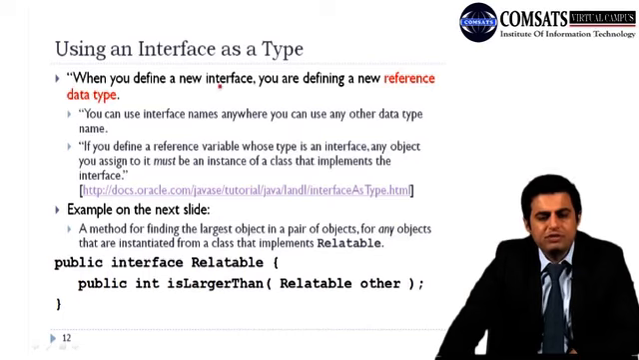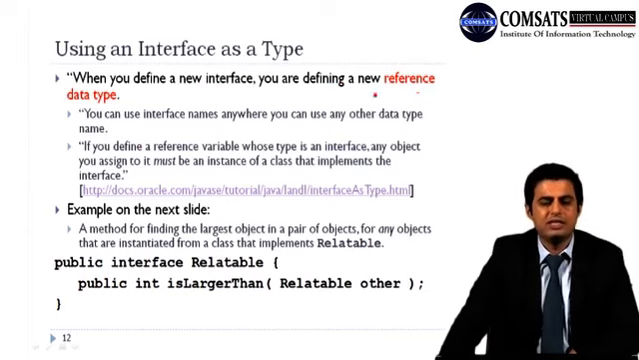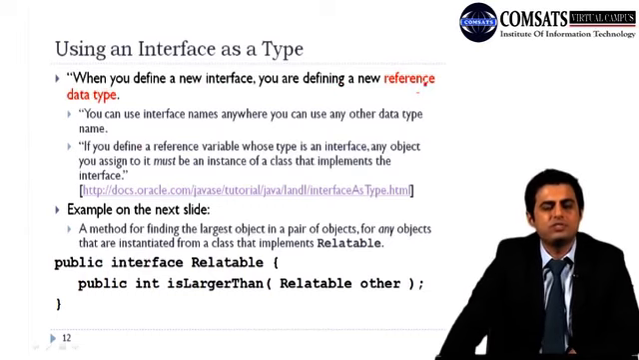Okay, when you define a new interface, you are defining a new reference data type. Now why do we call it a reference? Because that data type is a reference to that particular type of interface. You can use interface names anywhere you can use any other data type's name. If you define a reference variable whose type is an interface, any object you assign to it must be an instance of a class that implements the interface. Now this is very important,